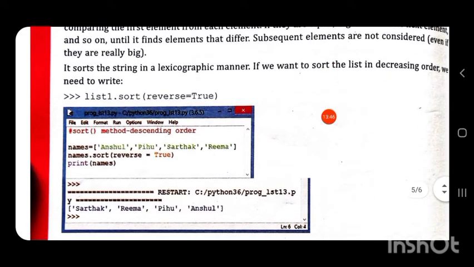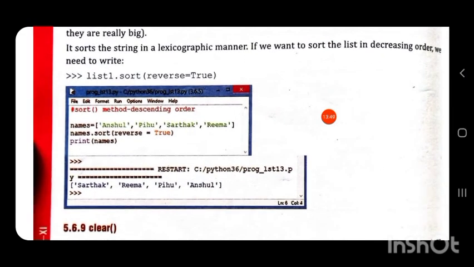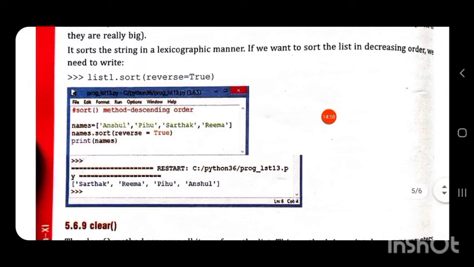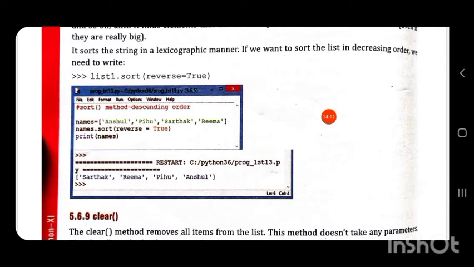So let us see how we can sort. Here we have a list, names equal to square brackets, a few names: Anshul, Pihu, Sarthak, Rima. Then we write names dot sort in brackets, with the argument reverse equal to true.